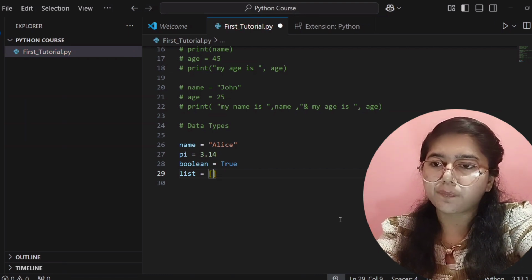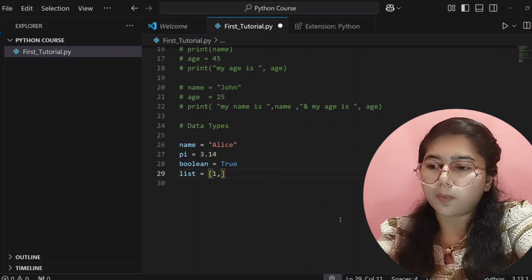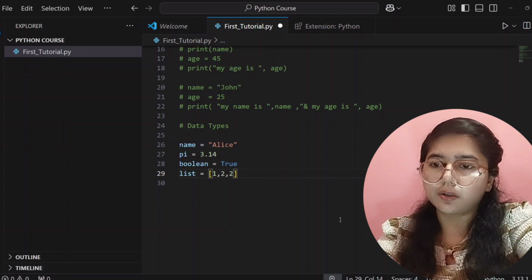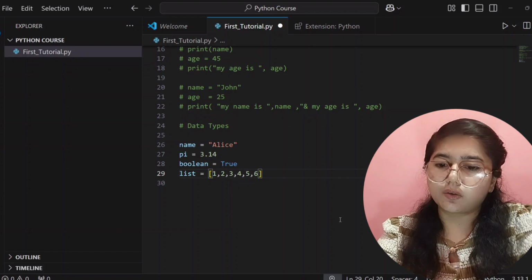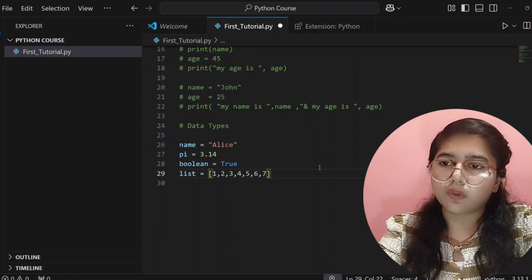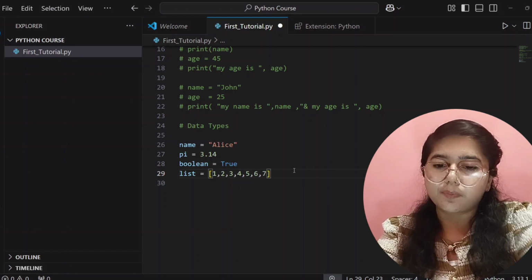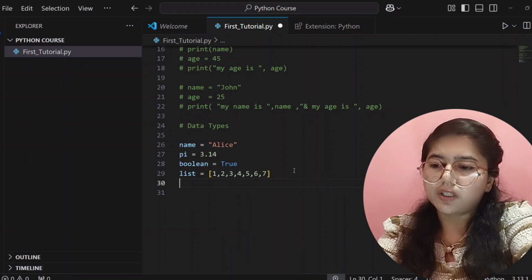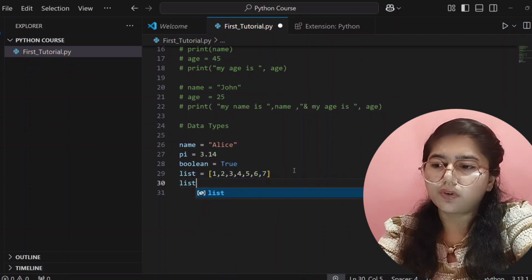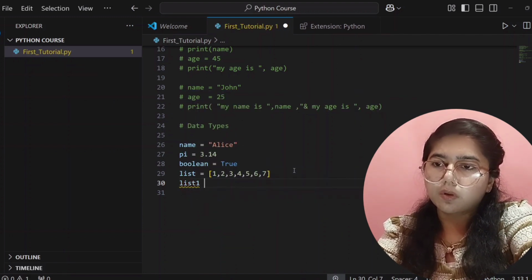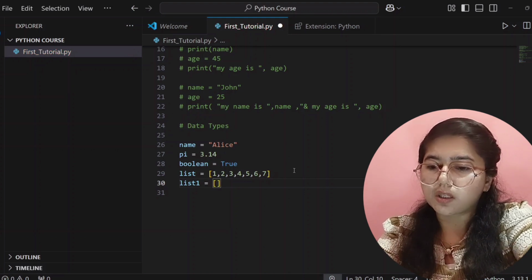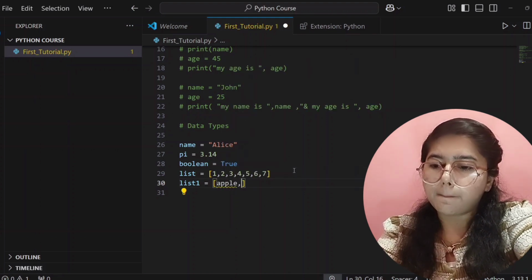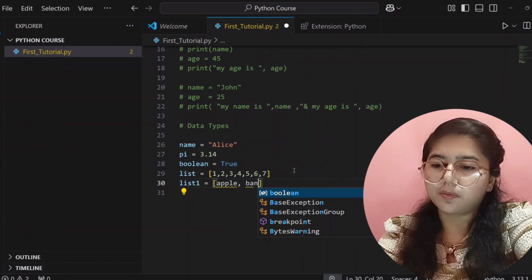Now I'm giving 1, then comma, then 2, then 3, then 4, then 5, and then 6, okay, and 7. So we have created a list. Here we can give string type of data in this list: apple, banana,